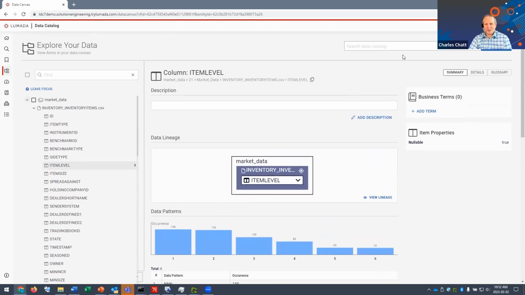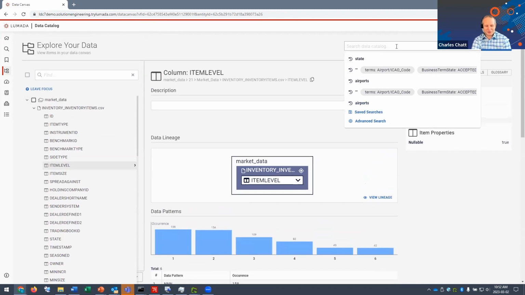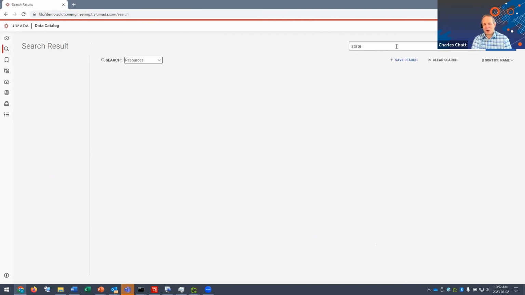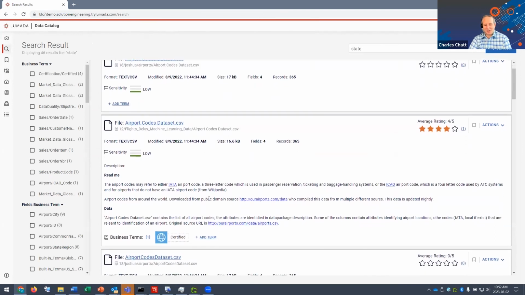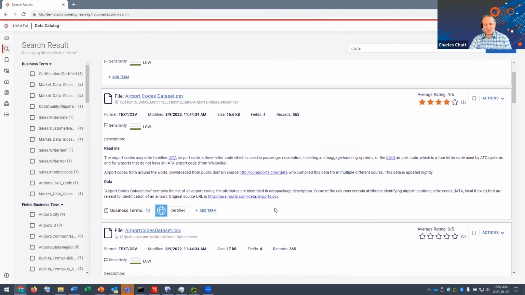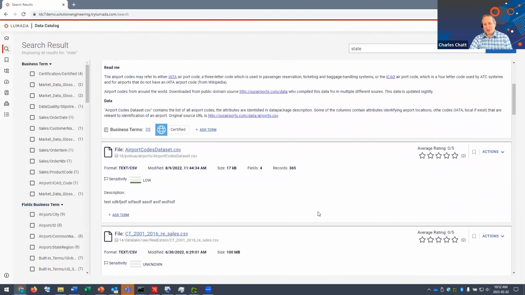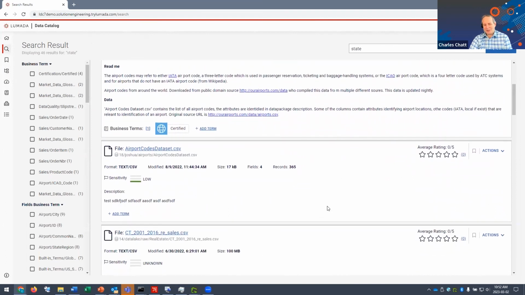Okay. In addition to that, you've got your Amazon-like search, where you can put in various terms and find data sets that may be applicable across the organization. These are not only within the data lake, but we've got traditional data sources in there.